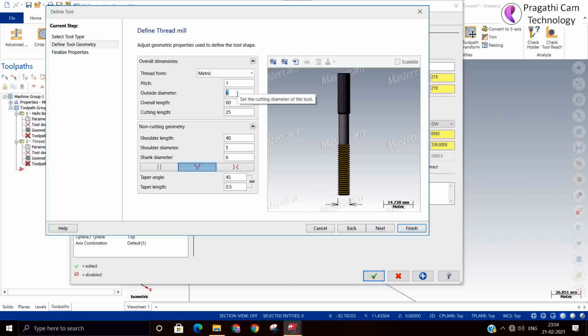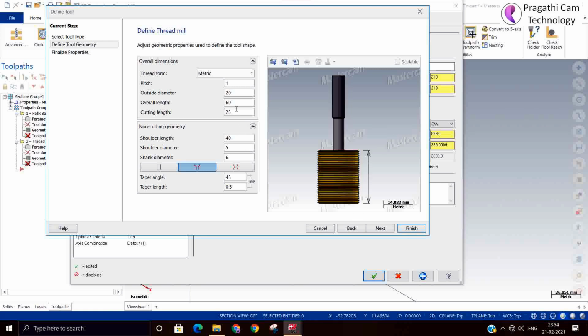So you can give the diameter of the tool. You can modify the height, even the shoulder you can modify.